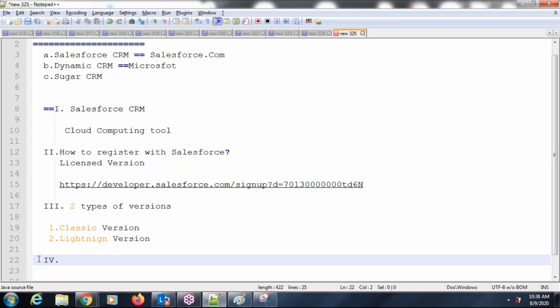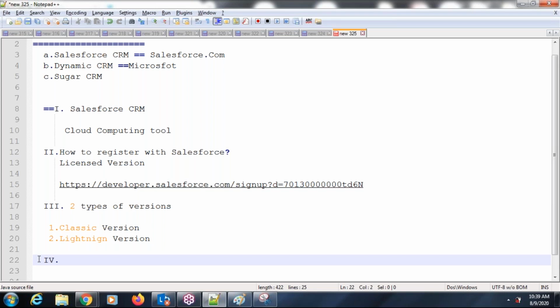But in Salesforce, two types are there: one is the configuration part, and another one is the development part. Suppose we get one requirement. First we will try to achieve whether it is possible with the setup only, that is, without writing any programming, with the configuration or setup, whatever we call it. If it is not possible, then we will go with the development environment.